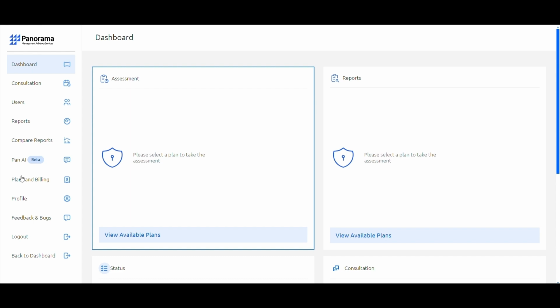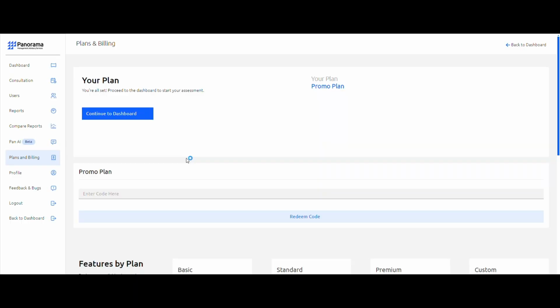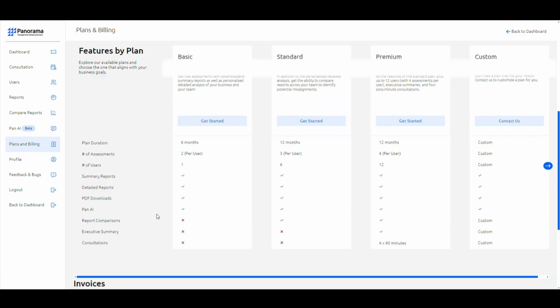Now it's time to choose a plan that works best for your business. Go back to the dashboard and click on View Available Plans. Scroll down to the Features by Plan section for an overview of our available plans. Let's take a look at the different plans available to help you find the one that best suits your business